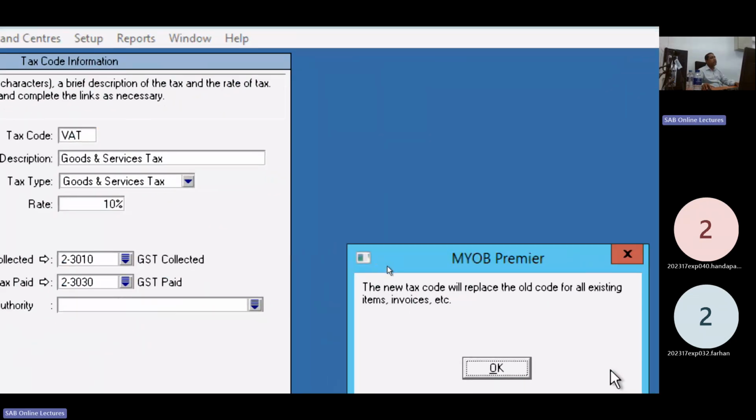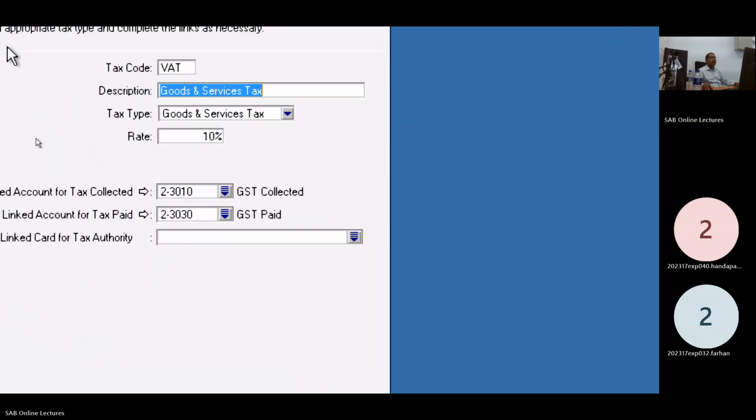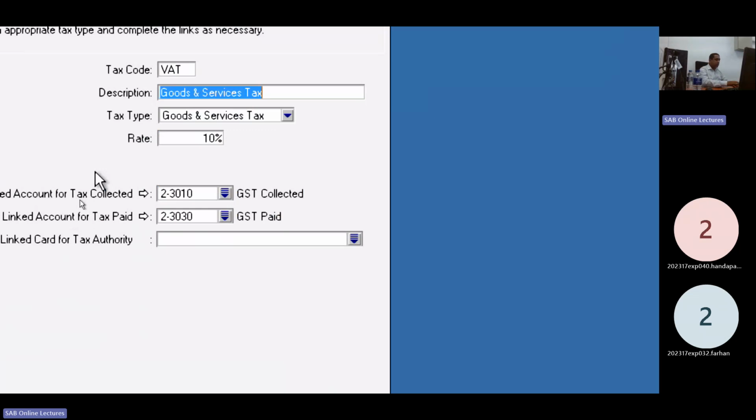Then the system indicates the new tax code will replace the tax code of all existing invoices. Have you agreed? Click OK. Understand the command. Description: value added tax.